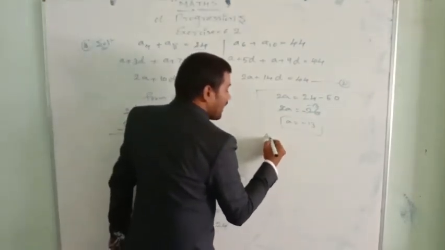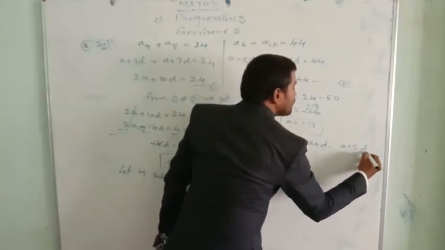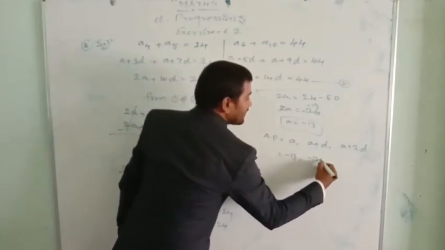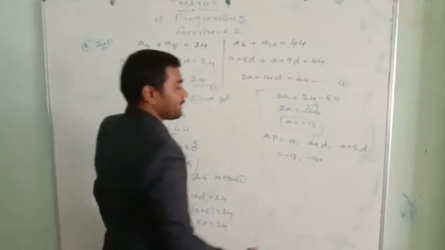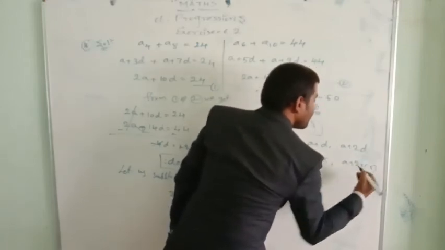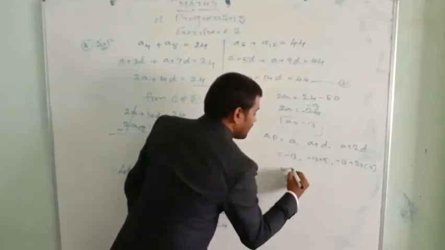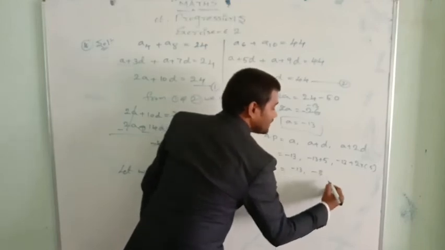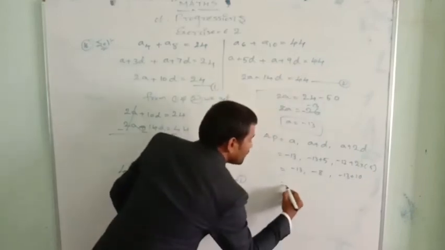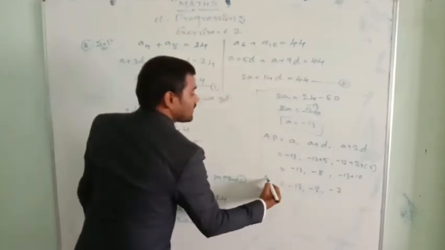So let us find out the AP. Arithmetical progression of first 3 terms: A, comma, A plus D, comma, A plus 2D. First 3 terms I need. A equal to minus 13, comma, A plus D, minus 13 plus D value is what? Already we got the D value as 5. And A plus 2 into D value is 5. Let us start this. A is nothing but minus 13 here. Minus 13, comma, minus 8, comma, minus 13 plus 2 fives are 10, that equals minus 3. So minus 13, comma, minus 8, comma, minus 3. These are the first three terms of the AP.